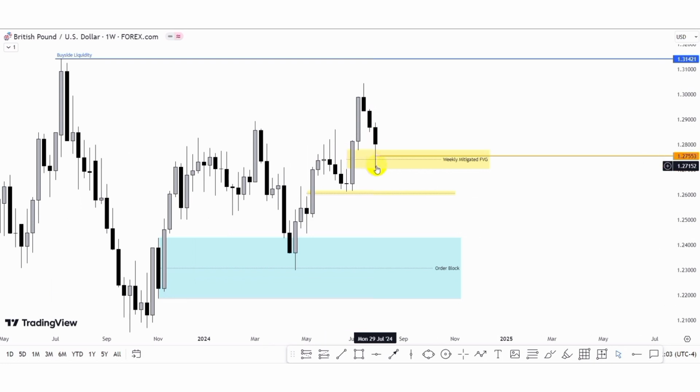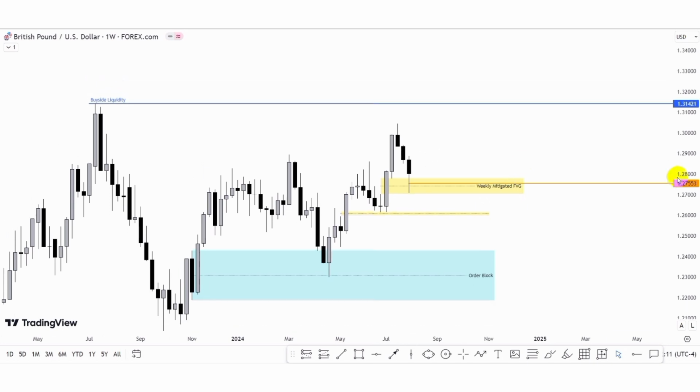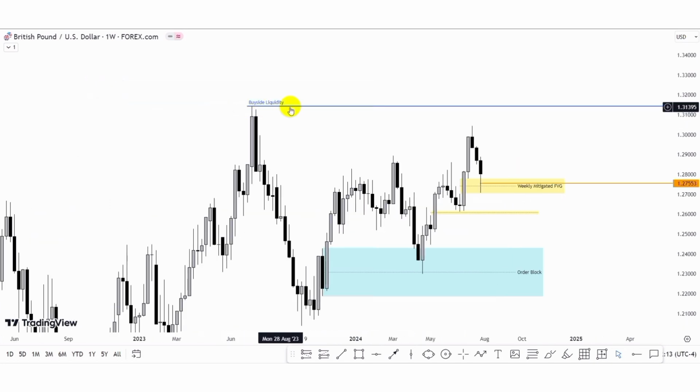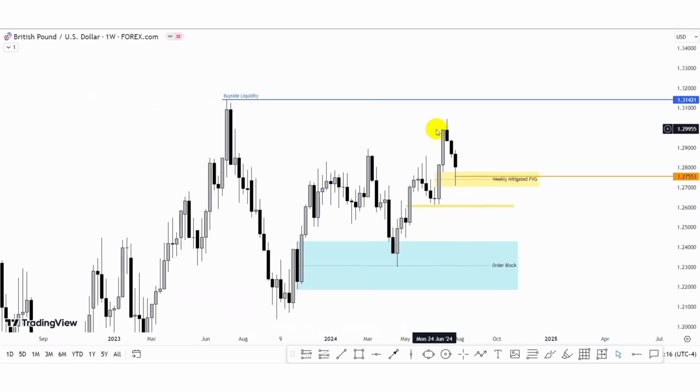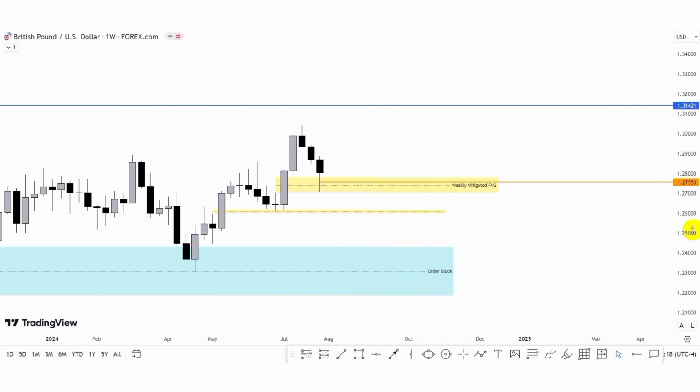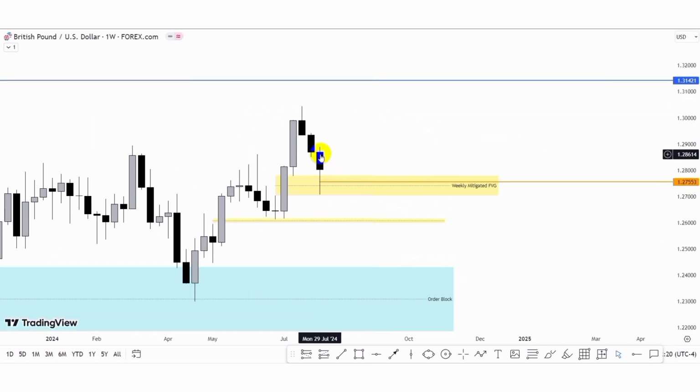Price mitigated and closed above the consequent encroachment and even above the fair value gap zone. So we're anticipating to see price push to the upside to raid this buy side liquidity. But before we see the bullish move, we want to see price give us a bearish move to the downside to this price level, which is actually the